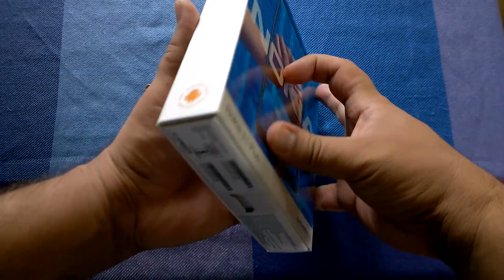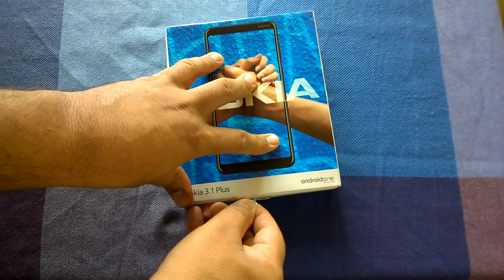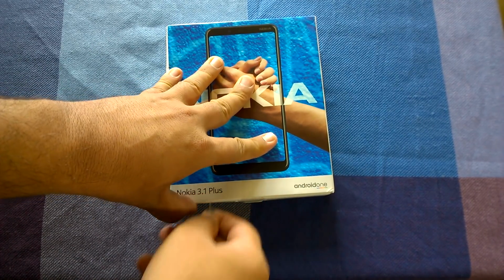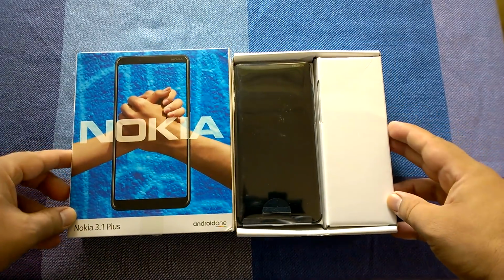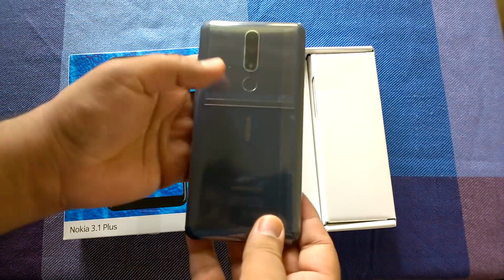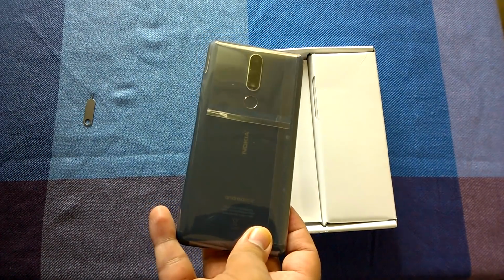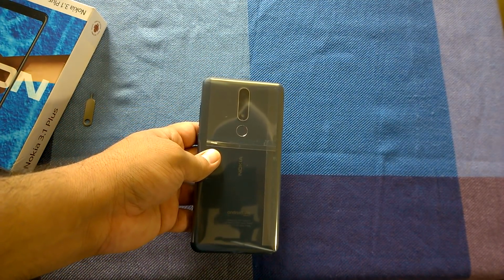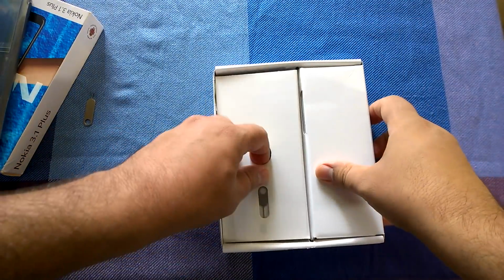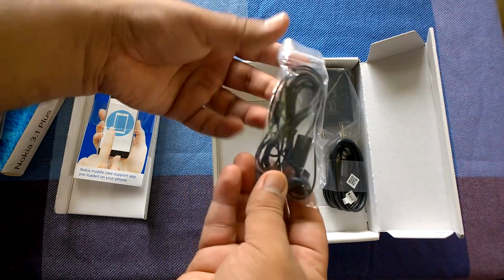So now time to unbox the Nokia 3.1 Plus. Okay, let's go for it. So here comes your mega display device. What we have in the package is the phone. This is, I think, the blue variant. Yes, it looks like the blue variant. Now, what else is in the package? Let's see. It's a user guide. Then we have a headphone. We have